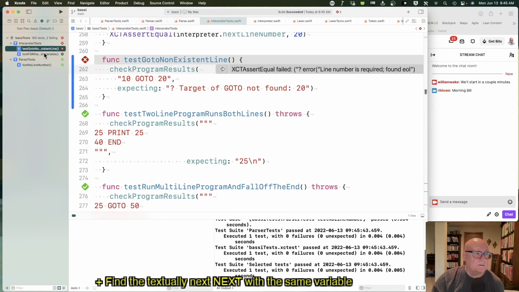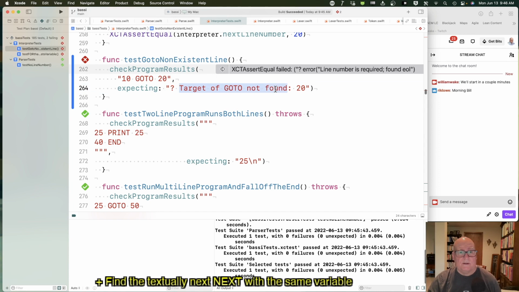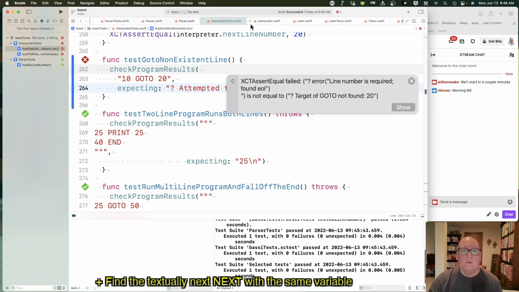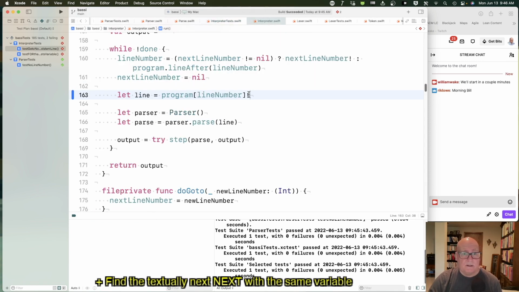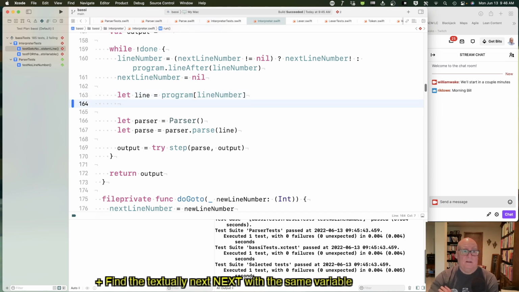Okay, go to non-existent line. Okay, now that, so it's really more like attempted to execute non-existent line 20. Okay, I think that is more accurate, but that's what requires the change here. Okay, so I think if the line is nil,